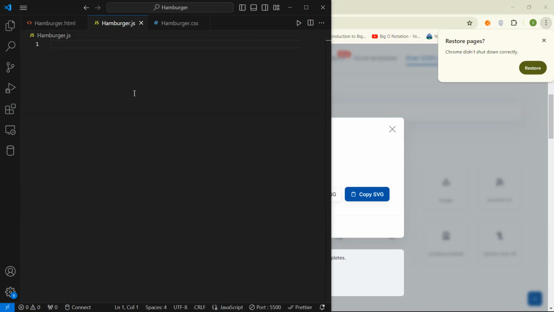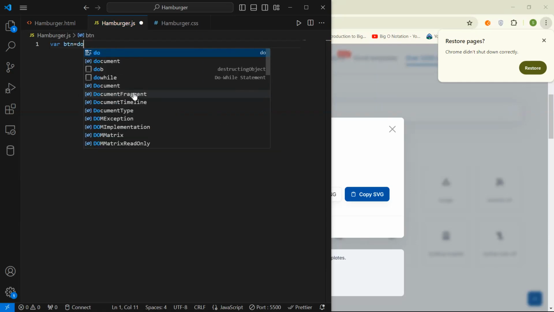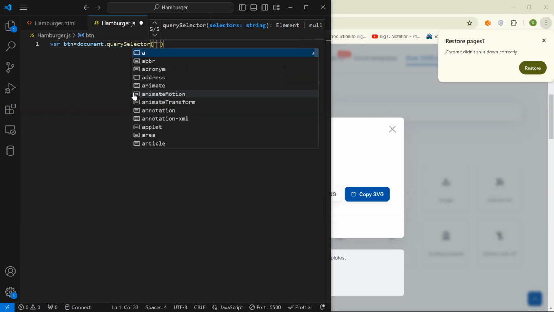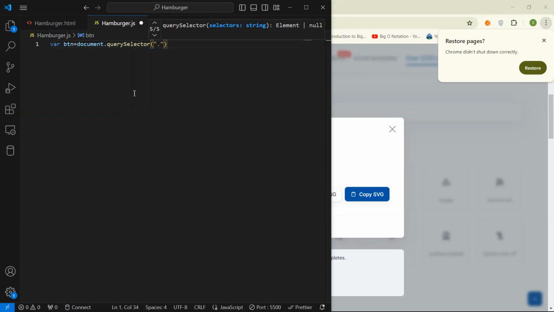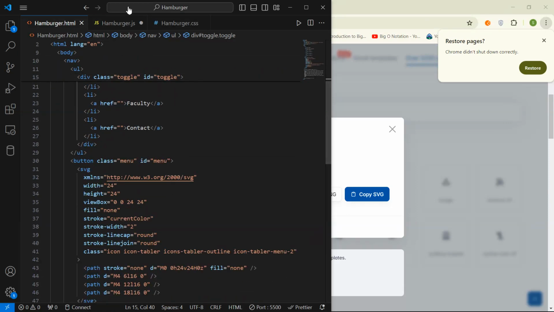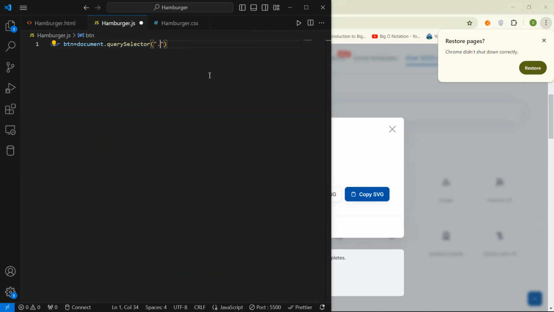So let me declare a var, and so we will be associating button, then document. We can use the get element by ID or query selector. And for the button we have a class of, let me move to HTML. So the button has a class of menu, so we'll be saying dot menu,